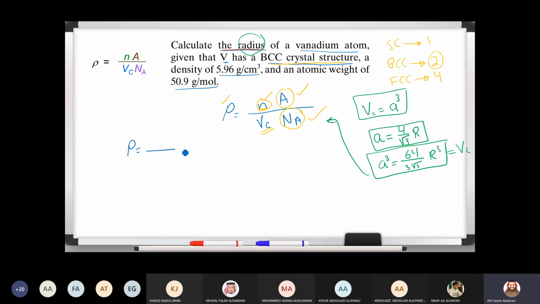Rho is equal to 2 atoms, and I advise you, Shabab, to write the units. Always write the units. So rho is equal to NA over 64 over 3 square root of 3 R cubed, NA, meaning that the R is equal to